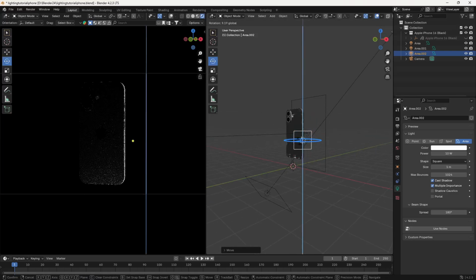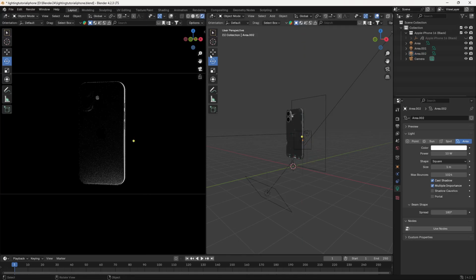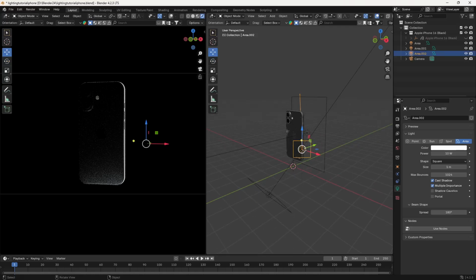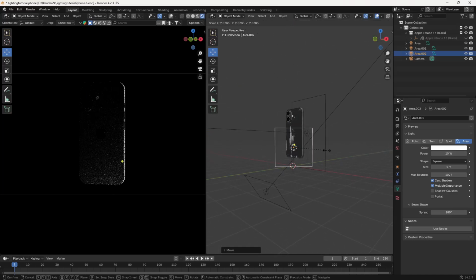So I'm now focusing on the buttons that are here. You can see as well, if you want, you can move it also around this. And now you can see the result here. So you can really play with the lighting, the watts and all that stuff here, in order to get some really good lighting.